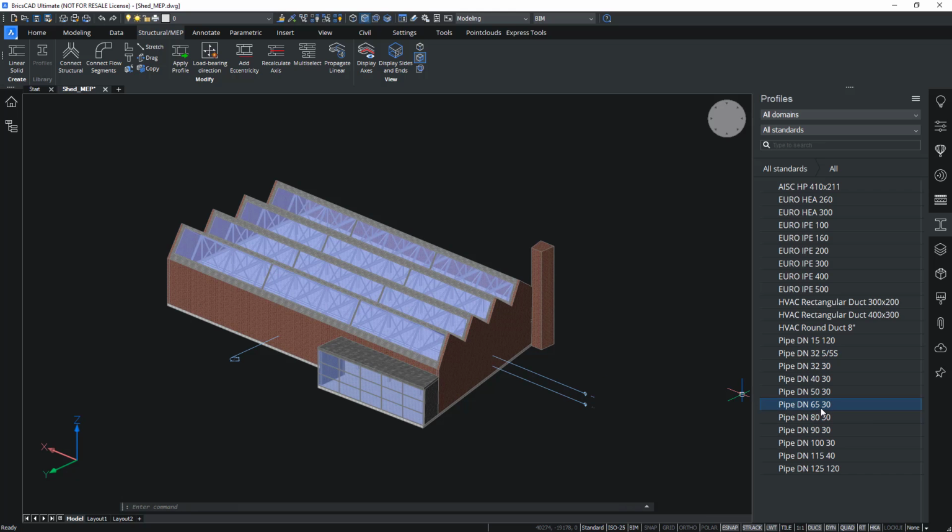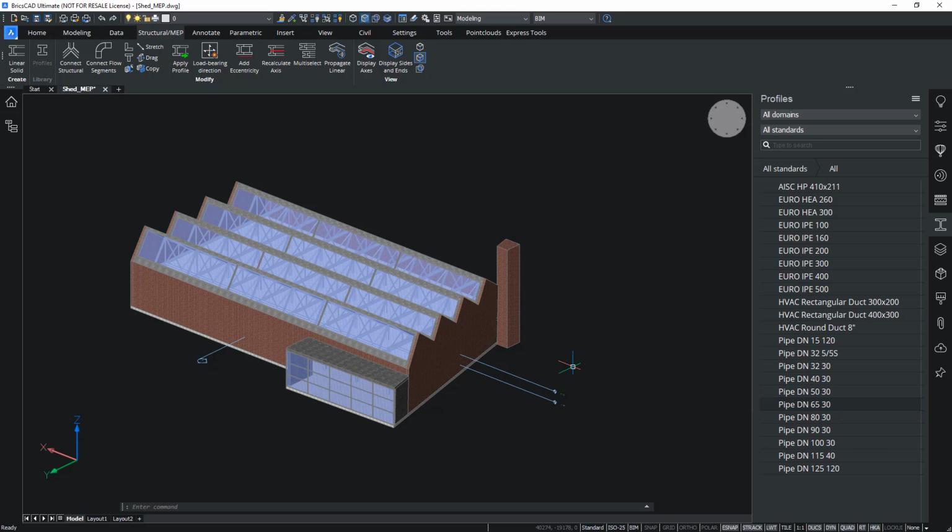This dragging and dropping has two different behaviors depending on what you do with it. If you just drag and drop it in your model space on an empty space, you will actually launch the linear solid command. So you will start creating a linear solid with this profile, and you can start creating the axes as if you were drawing a line in 3D space. If you already have a line or a polyline or just some other line work in your drawing, you can drag and drop a profile onto that line and it will apply the profile onto that line. So then you're actually calling the apply profile command.